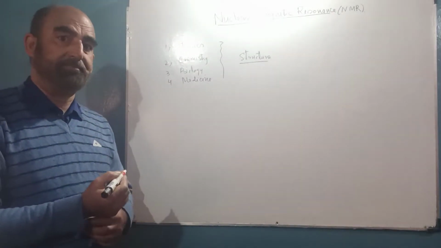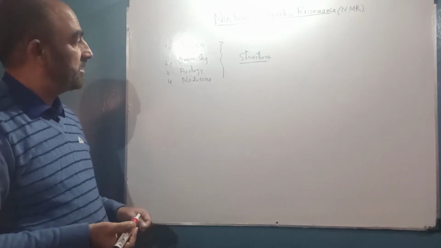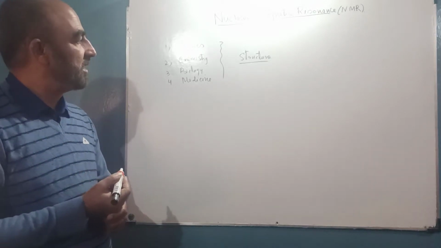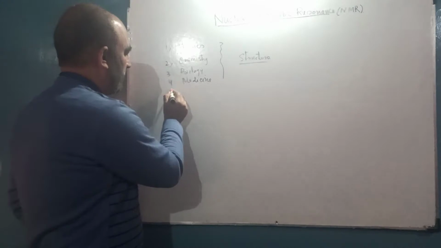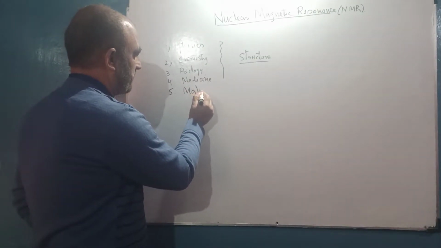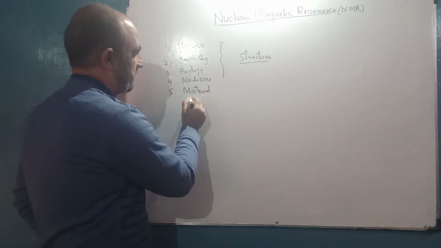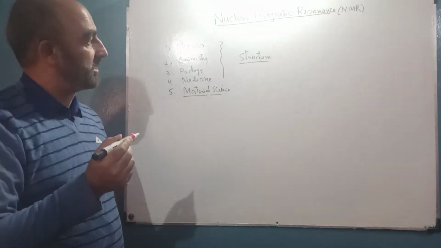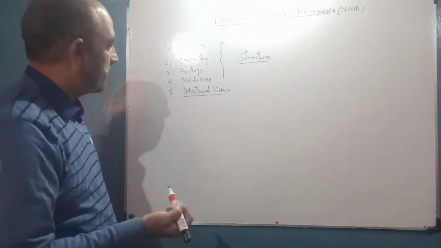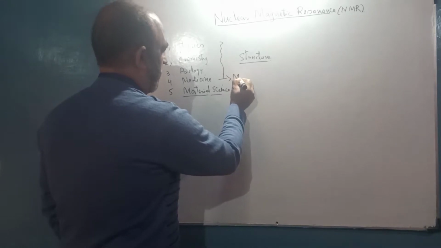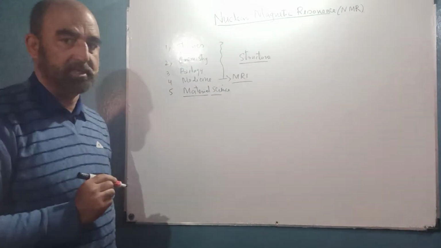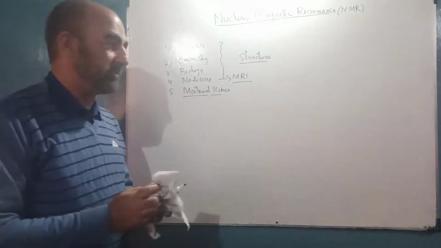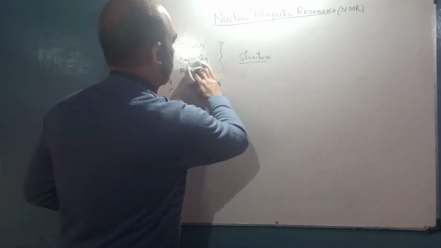So the molecules can be simple organic molecules, or they can be biomolecules in biology, proteins, or they can be materials. So in material chemistry, material sciences, it also has very important applications. One of the important applications you must be knowing in medicine is MRI, magnetic resonance imaging. Before we talk in detail about these applications in subsequent classes, first we will start from the beginning.